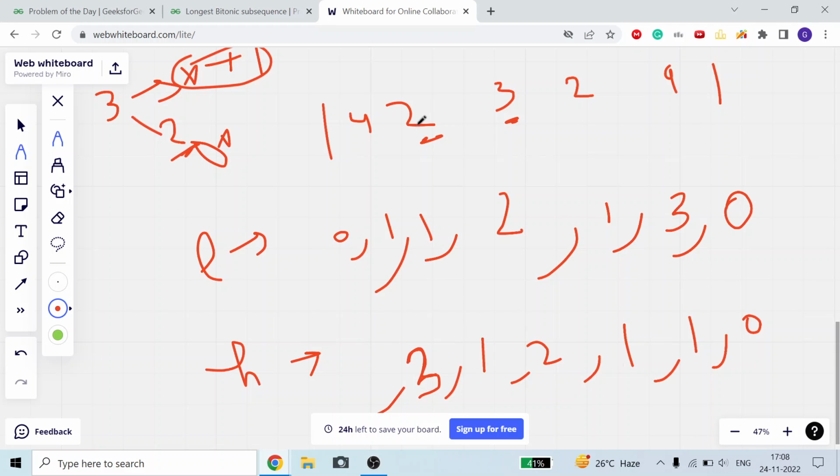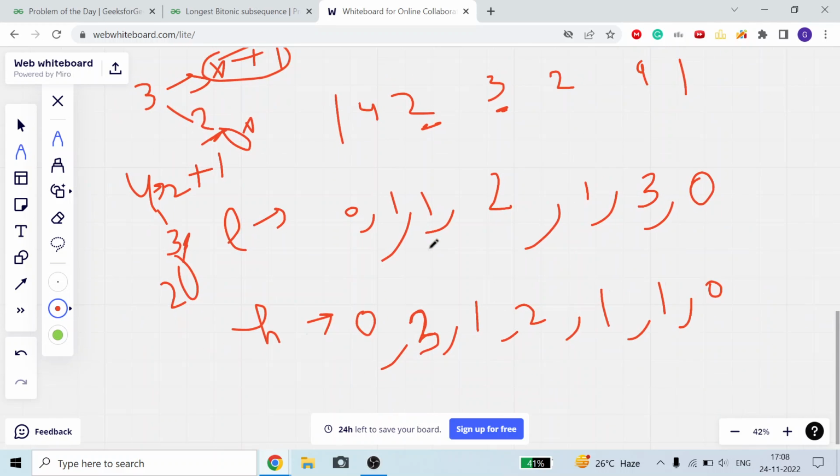I can also take 2, but then my answer will be 2. But if I take 3 after 4, because 3 contains 2 elements already, then 4 will also contain these 2 elements, plus 4 will also contain 3. So 4 will contain 2 plus 1, that is 3 total elements. 4 contains 2, 1 plus 1 is 2, already maximum. 9 cannot contain, 4 contains 1, 0 plus 1, already maximum. Now for 1 I cannot contain any number, so it will remain 0.